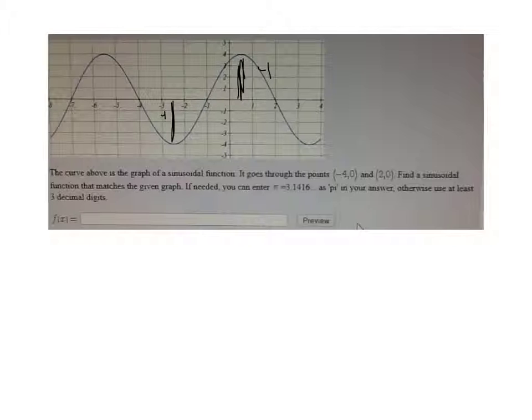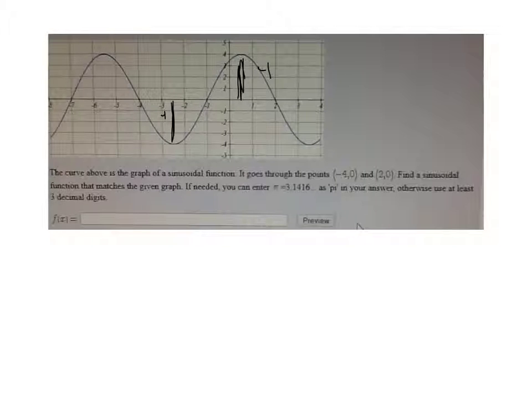So some things I'm noticing here. I see typically a sine graph will start at the origin and then max out, come back down. And what I'm seeing with this one is this is also a sine graph that's been shifted to the left 1 unit. So that tells me it might be easier to use a sine graph. I mean, nothing wrong with using a cosine graph either, but because that crosses it at